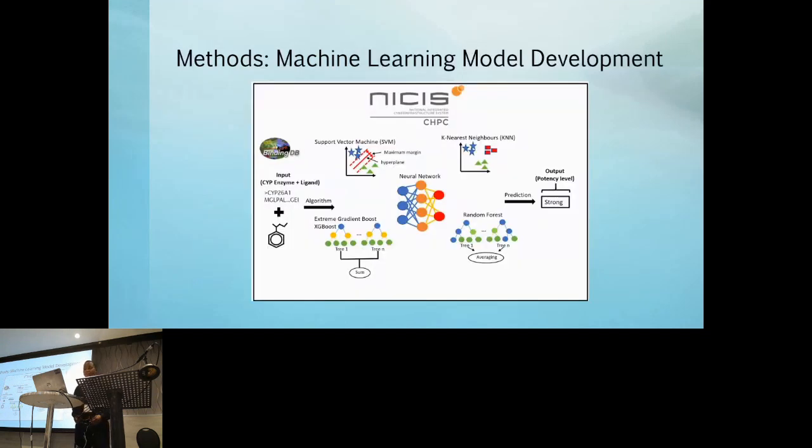Therefore, to achieve our aim, we had to develop several machine learning models based on different algorithms, which are shown here in the middle. For our input, we used data that was acquired from BindingDB, which includes the cytochrome P450 enzyme assays with ligands of interest. The several algorithms that were used are shown in this section of the diagram, which includes different types of algorithms, such as the neural network, as well as the extreme gradient boost. And then these were used to